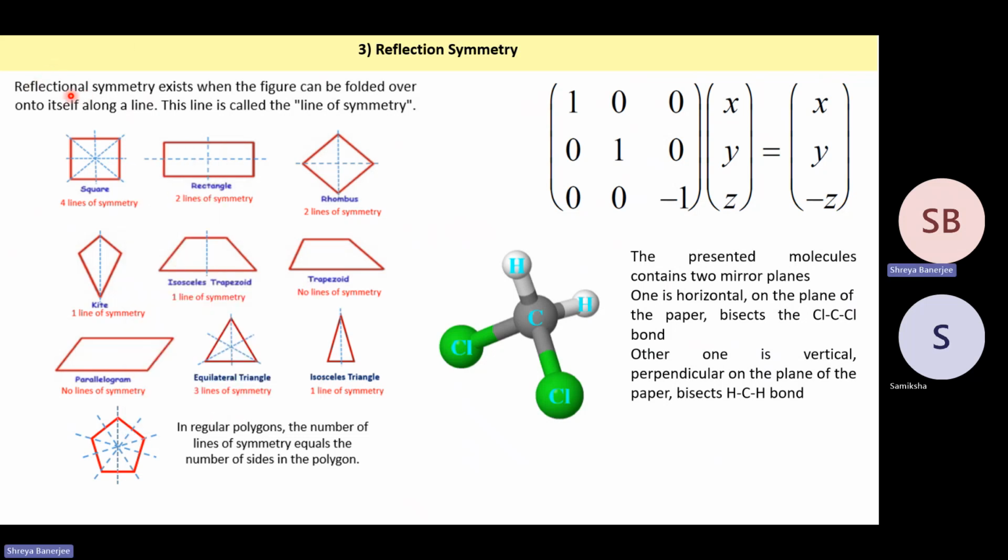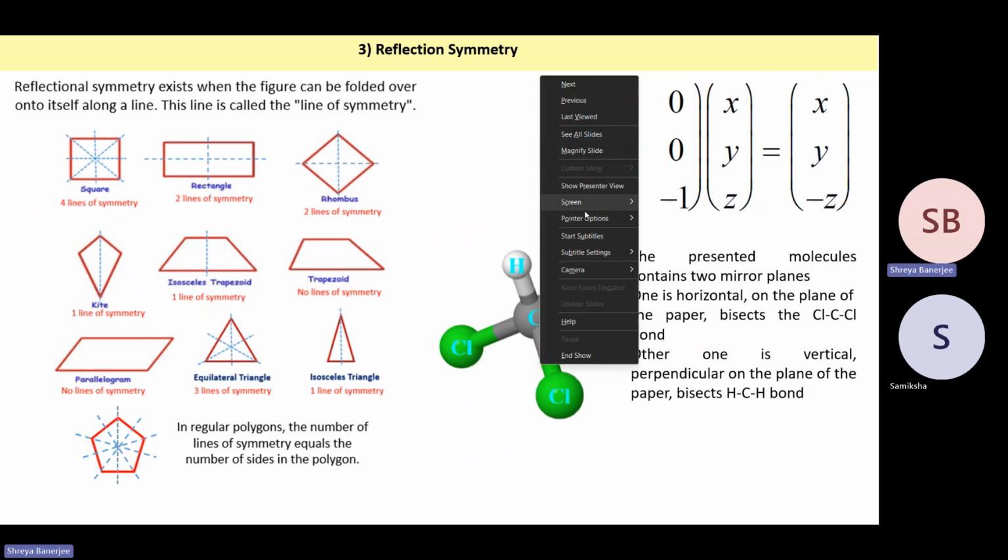So now we will look at reflection symmetry. Reflection symmetry is again easy. So in reflection, what happens is that, let us look at this molecule where you have carbon attached to two hydrogen and two chlorines. Now, if you consider a plane,